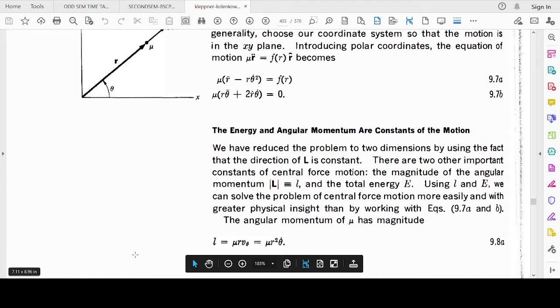So now what is the conclusion? The angular momentum is constant, the torque is 0, the radius vector is perpendicular to the angular momentum, but the angular momentum is constant. That means the radius vector is always perpendicular to the angular momentum. Therefore that is possible only in an xy plane, or in a plane, the radius vector can change direction only in an xy plane. This is the property of the central force motion. So we are going to solve this problem using the spherical polar coordinate system.